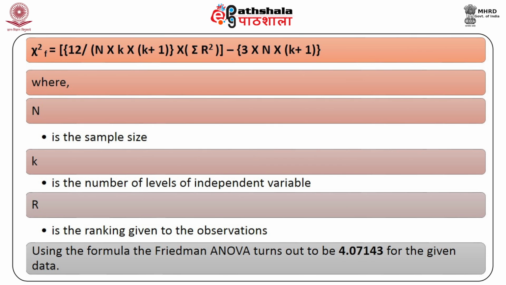The formula for calculation of Friedman ANOVA is chi-square Friedman, where the subscripted f designates Friedman's ANOVA, equal to 12 divided by N multiplied by k multiplied by (k plus 1), the whole multiplied by sigma R squared, minus 3 times sample size N multiplied by (k plus 1), where capital N is the sample size, k is the number of levels of the independent variable,